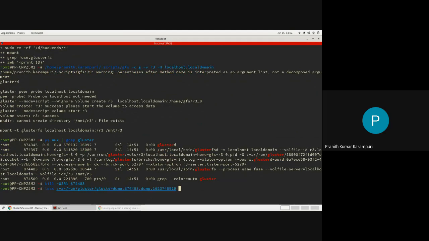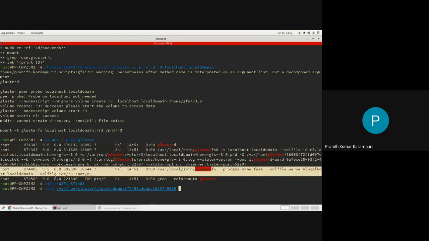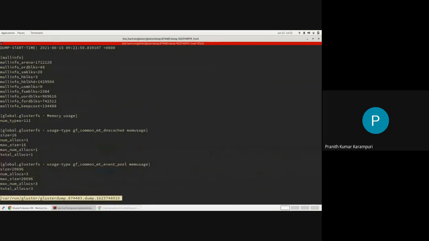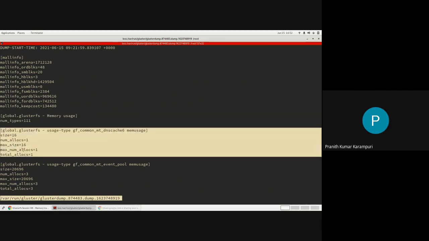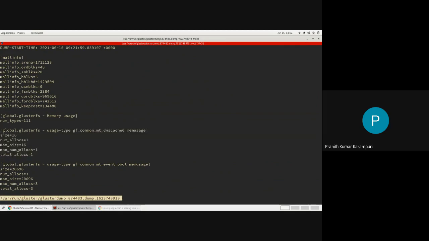We can do one for any of the GlusterFS processes. As we can see, this is your global process usage, which has the number of types, and for each of the types it shows the number of allocations, the maximum size, the max number of allocations, and the total number of allocations.